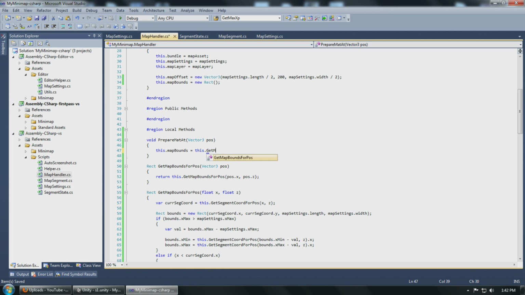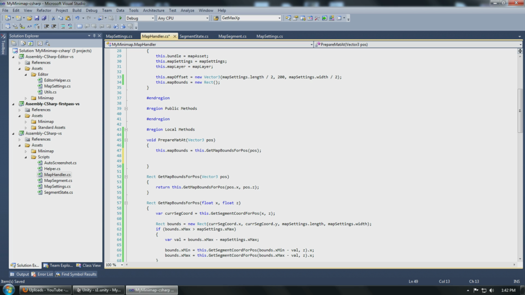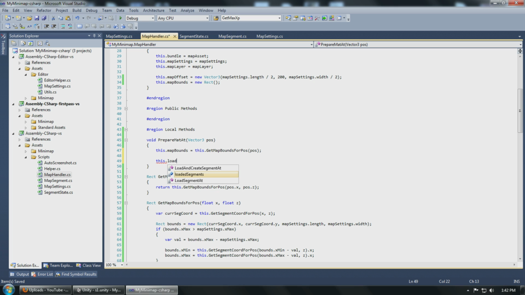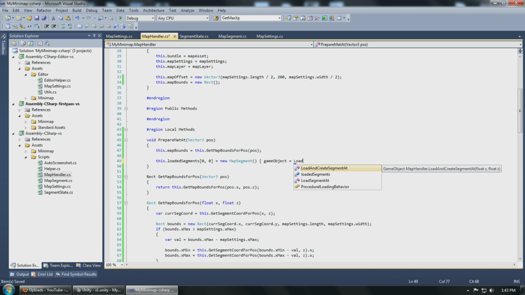This dot get map bounds for position, and this will get the position, and we're gonna set all the arrays that we created earlier. Loaded segments 0, 0, which will be the lowest left corner. New map segment, and I'm gonna set the properties. Game object equal, we're gonna load it, load and create segment at, I'm gonna provide,